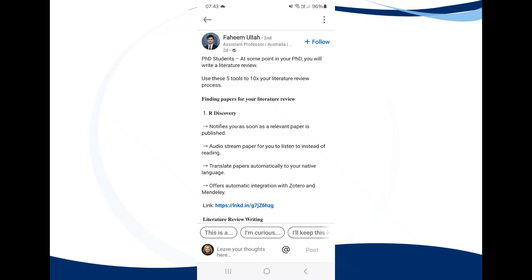Yes, so there are some additional applications that you can use and play around with. There are new additions and applications on a daily basis, and usually I can't keep up with them, and that's why I take screenshots until I can try them out. So there's a lot of scope to play around with these. Some of them are helpful for some aspects of your literature reviews, others for writing, others for different functions. So play around with these, and I hope those that I've mentioned are some that you can start using.